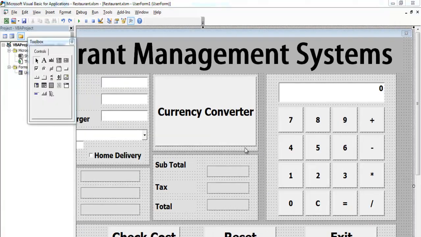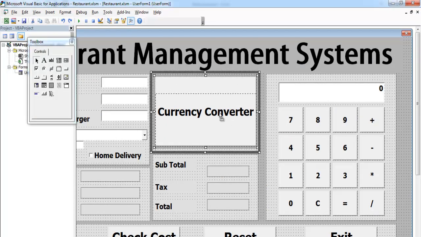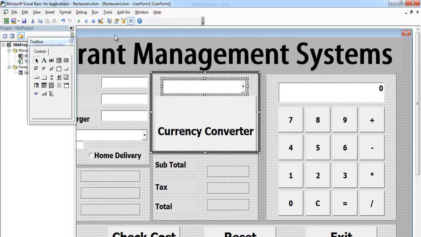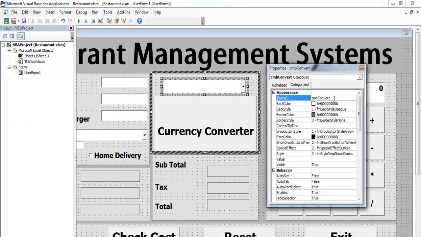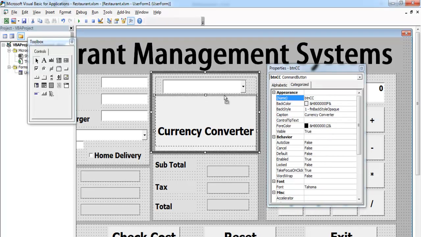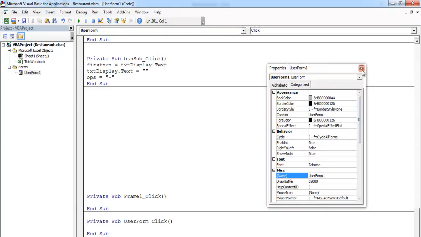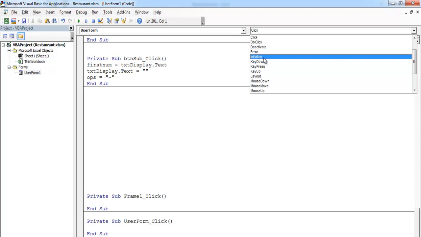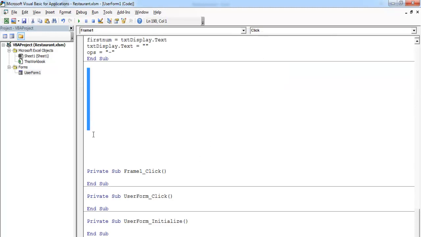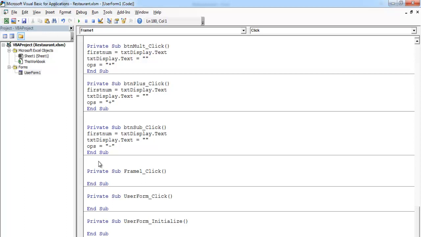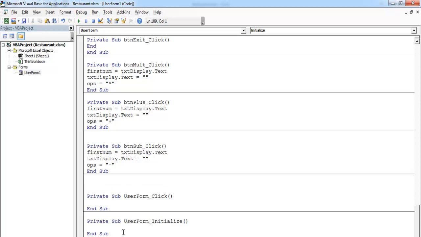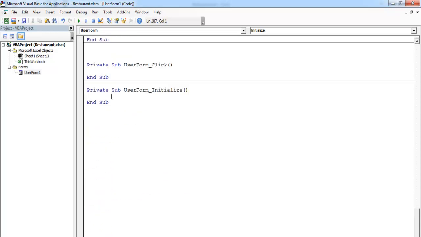Okay, the next thing now is to take care of this converter. So let's move this down. Just click on that and check out the name that says CMD convert. So alright, CMD convert. Then we need to now go into the form, double click on the form, and where it says form initialize, let's look for that. There we go, form initialize right there. Let's get rid of this, we don't need this. And right there, so form initialize, I would enter CMD, undo that,